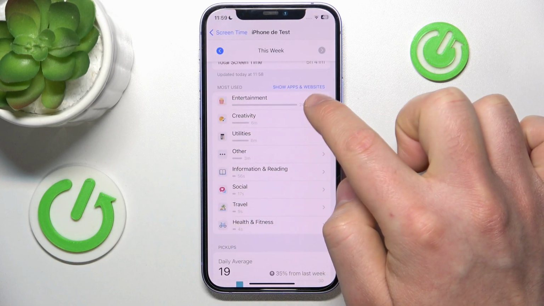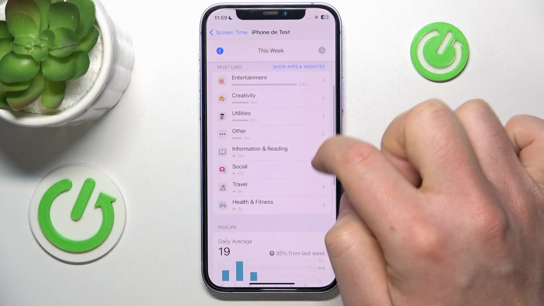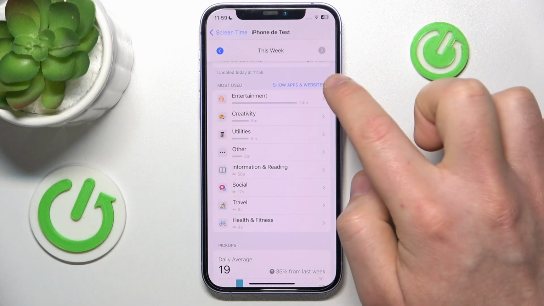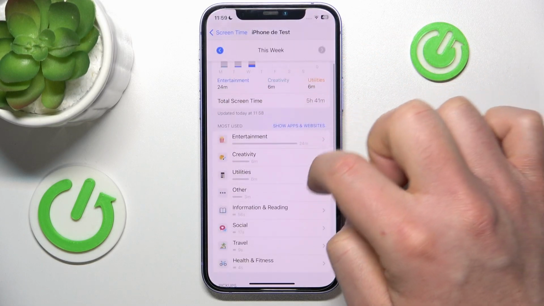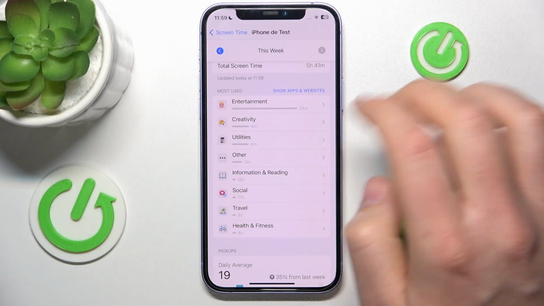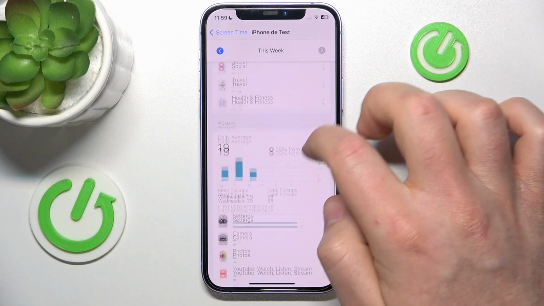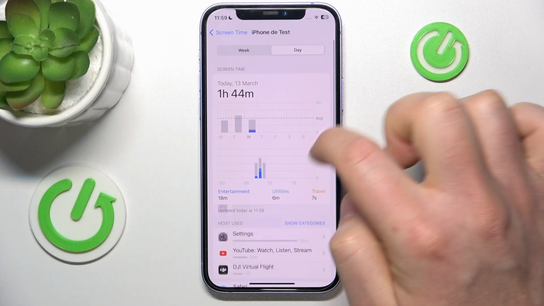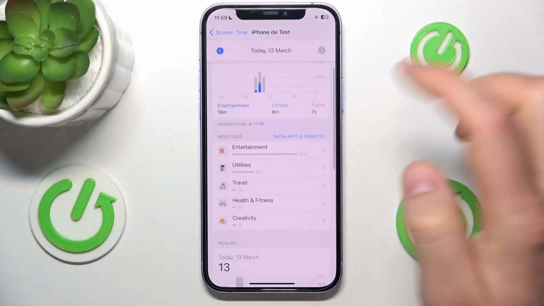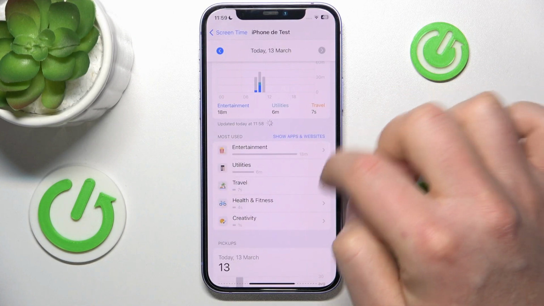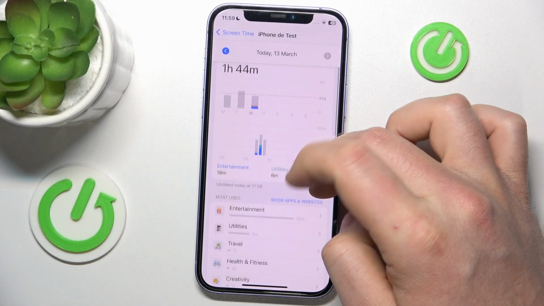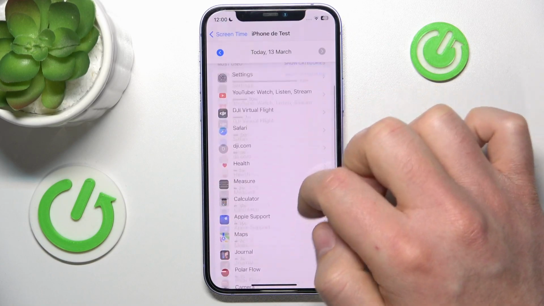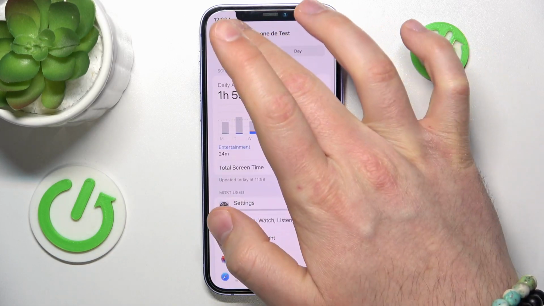So as you can see, these are categories for the apps, and as you can see, the 24 minutes most use on a week is on entertainment, 6 minutes in creativity, and so on. So you can search this all. And also the same you can do by just searching for the day. So yeah, these are all the settings how you can